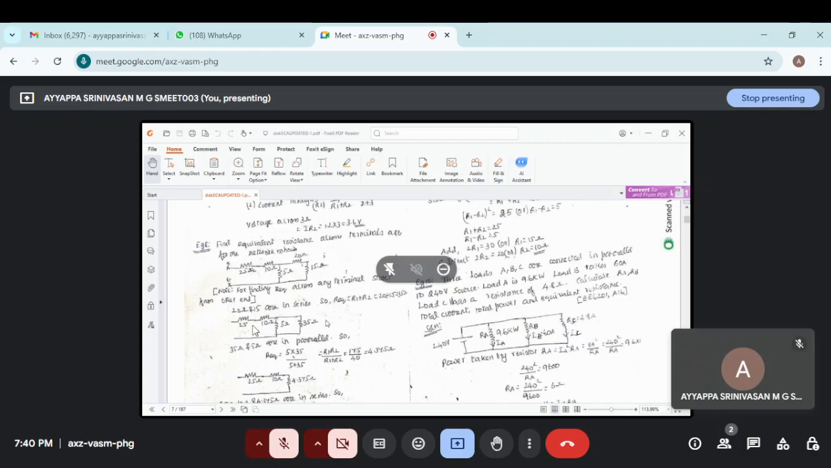Now, in the next one, 35 and 5 we have to consider. But the current flowing through them is different, so they are in parallel. So, we have to use the formula R equivalent is equal to R1 R2 by R1 plus R2. R1 into R2, 35 into 5, 175, by R1 plus R2, 35 plus 5, 40. The answer is